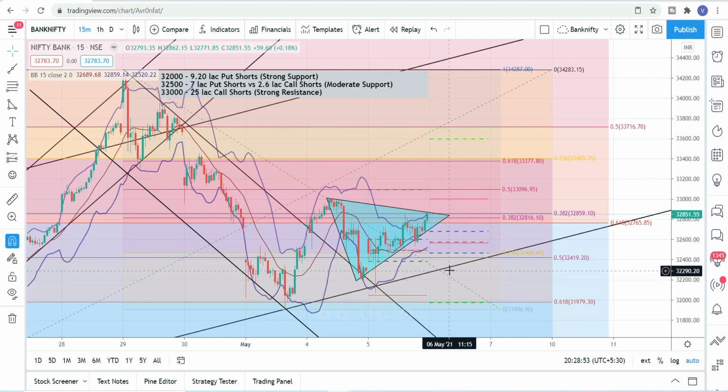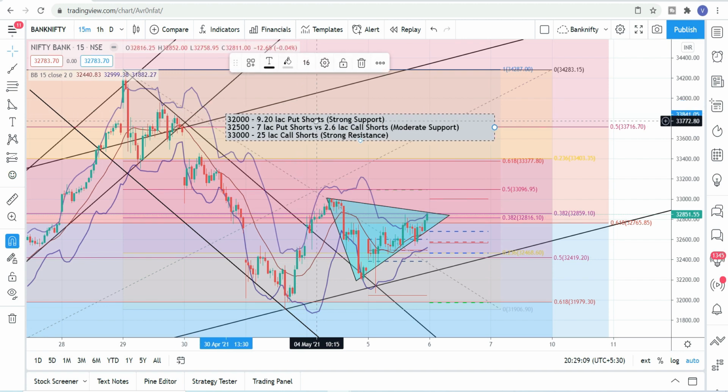With the strikes for the put, if you are entering somewhere around 33,410 or 415, try to enter with the immediate next strike, which will be your 32,300 put. Now with respect to OI data, we got 9 lakh put shorts at 32,000 strike,